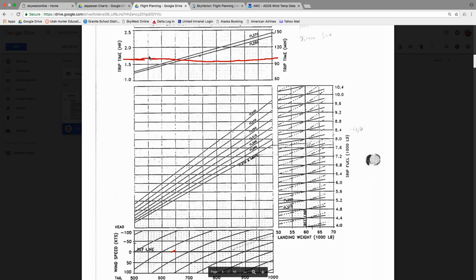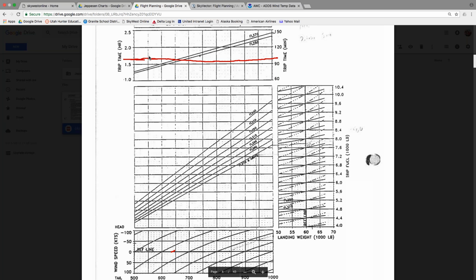Simplified time is 1.6 hours. So each one of these dots is 0.1. So 1.6, is that what you said? 1.6. So 1.6 hours, which is